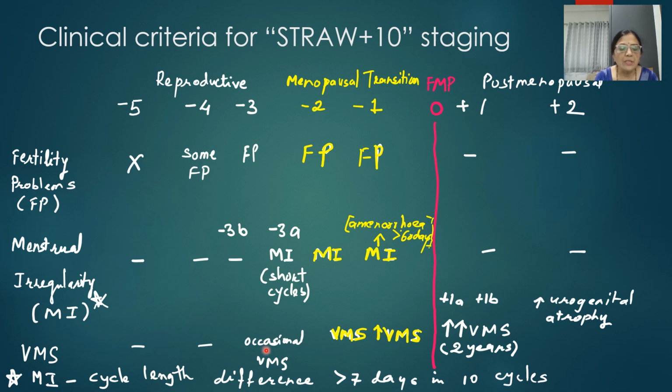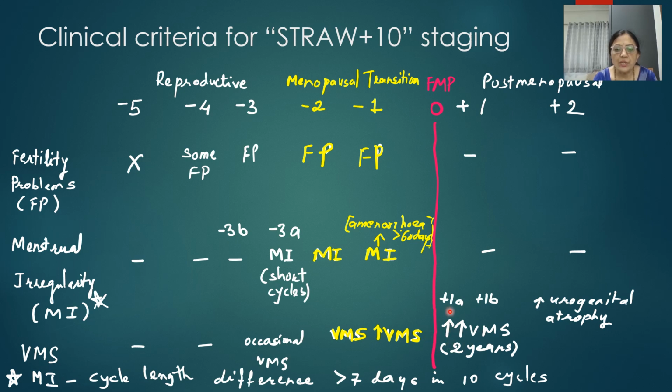Occasionally, these might be seen in the late reproductive period, but they are more common in menopausal transition. They start in the early menopausal transition, and in late menopausal transition they are more pronounced and more commonly seen, whereas maximum vasomotor symptoms are observed in the majority of women in the 2 years after the menopause,